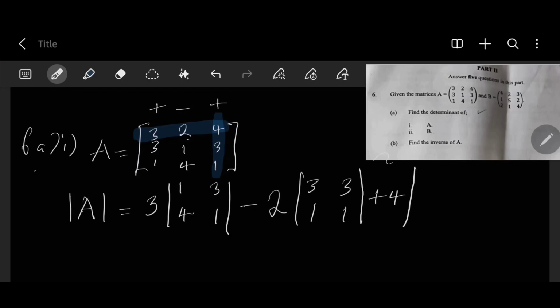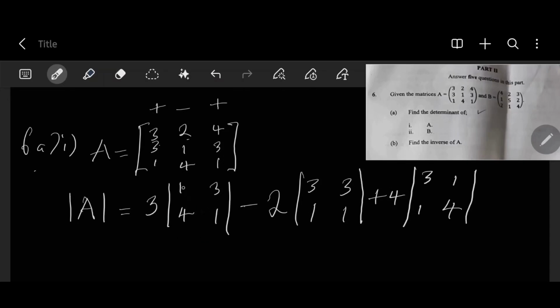I'm left with 3, 1, 1, and 4. Okay, so now I've done this. You can see I've reduced this to 2 by 2 matrices,